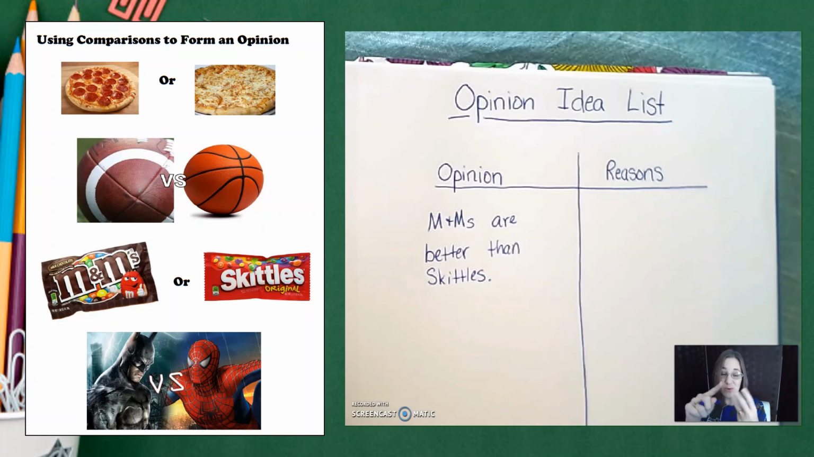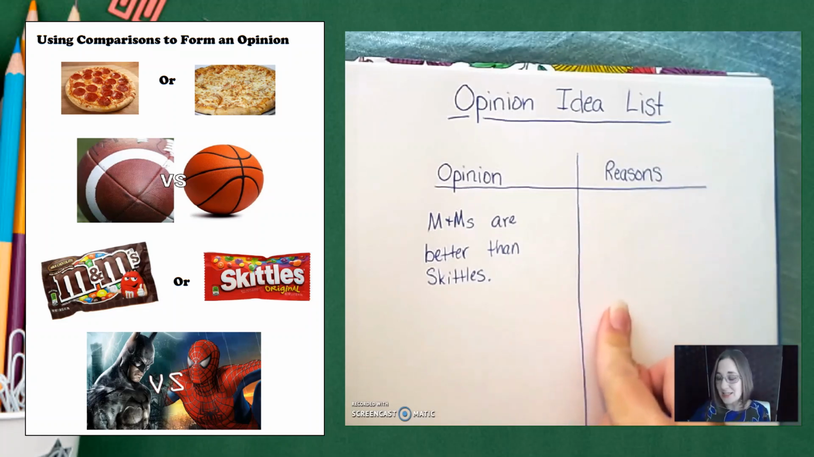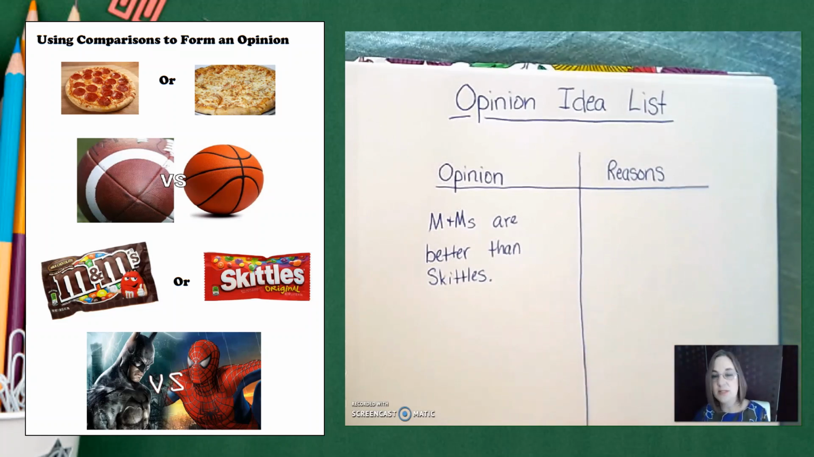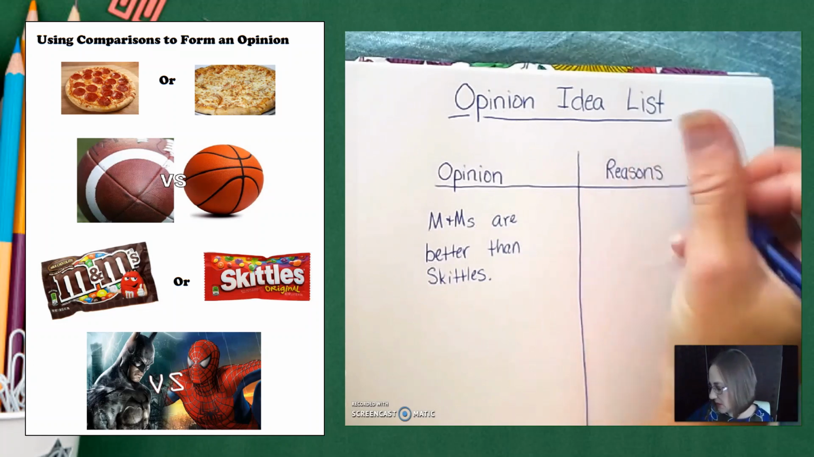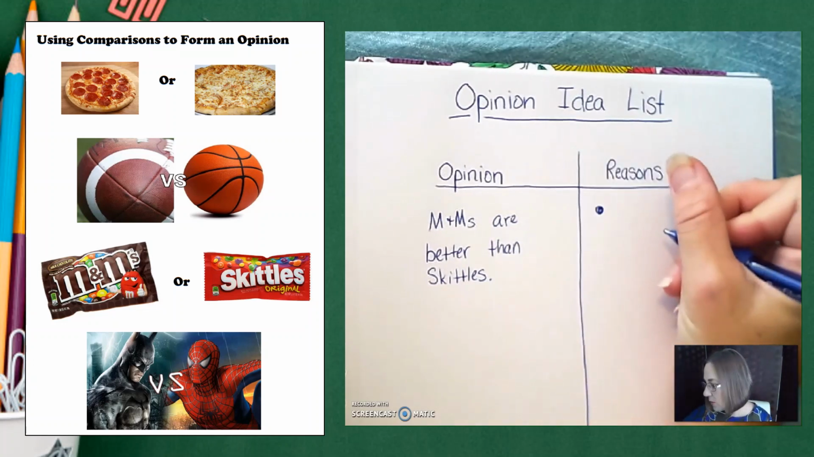So those are three reasons that I think M&Ms are better than Skittles. I want to list those on my reasons over here. But remember, this is just an idea list. It's not that I have to have a big, long sentence for each of my reasons. I just want to make a couple of dots so that I remember later on what I was thinking. So I'm going to put a bullet point, and I'm going to write